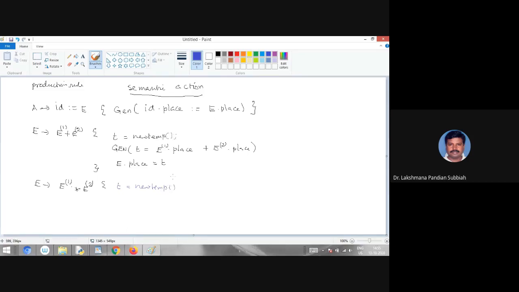It will create a temporary variable. So this is one routine. It will give the sequence of temporary variables T1, T2, T3. Whenever you call it, it will increment and give that number, T1, T2, T3 and so on, right? Then here you have to write a code generate: T equal to E1 dot place star operator E2 dot place.